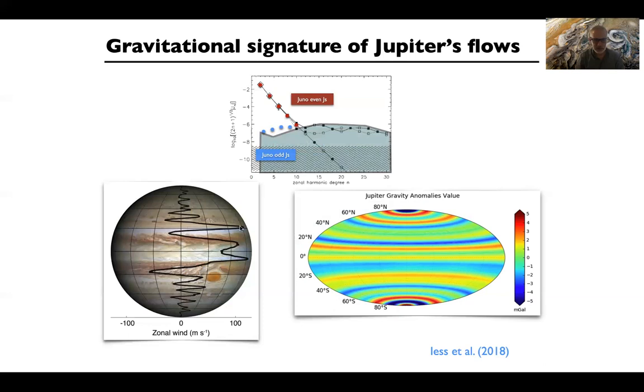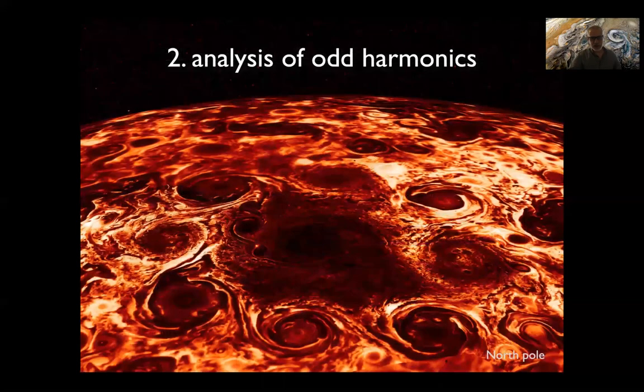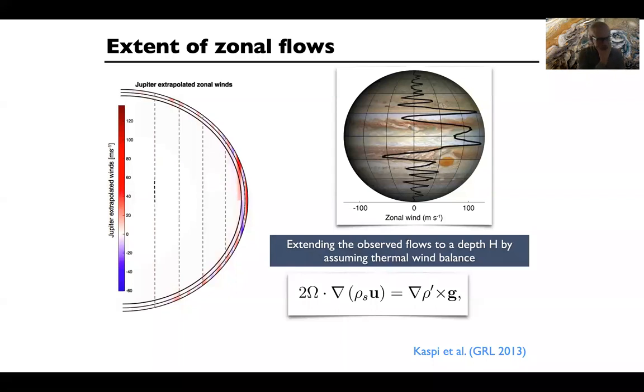You have this jet, this north equatorial jet that is very prominent and that you find here somehow in the gravitational signature as well. Okay, so this was a sign really that the zonal flows of Jupiter were extending deep enough into the planet to involve sufficient mass. Then my colleague Yohai Kaspi was able to analyze the odd harmonics thanks to a method that he really pioneered